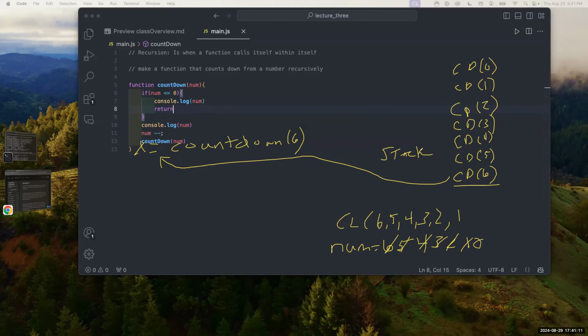So now, let's pretend we have this built in. We get to 0. Num is now 0. We call CD of 0, and it's going to say, hey, is num less than or equal to 0? It is, right? So then we enter into this and we console log 0. And then we return, meaning that we are done running this function. And so we can take this off my stack. And then it comes back. Remember, 1 called console log 0 when we were in 1, called it right here, right? And so now that that's done running and we got a return,